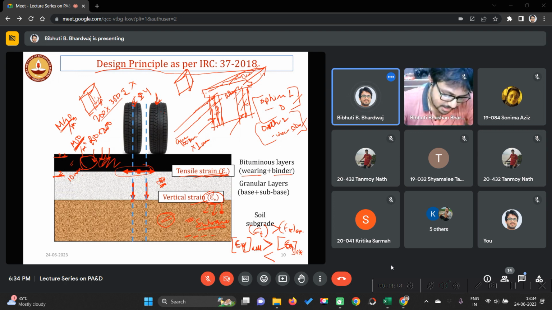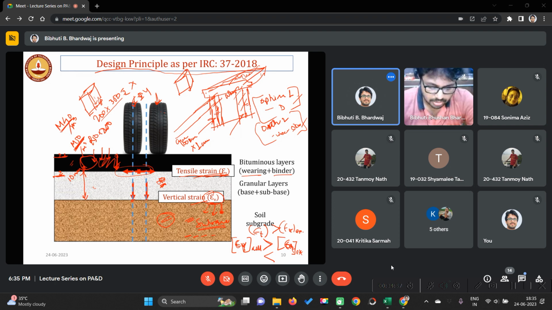That means in this case aggregate is not that costly, compared to this first layer. The cost is less here, but if you increase the thickness, the requirement of aggregates will be more, and as we know there is scarcity of materials. So there are many factors, and you need to take all of them into account, because the company is paying you. Wherever you join, the company is paying you, so the more money you save for the company, the more the company will benefit, and that will be reflected in your bonus,